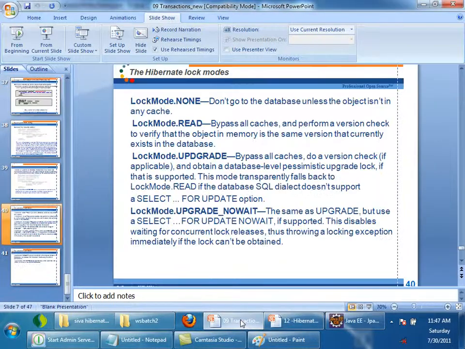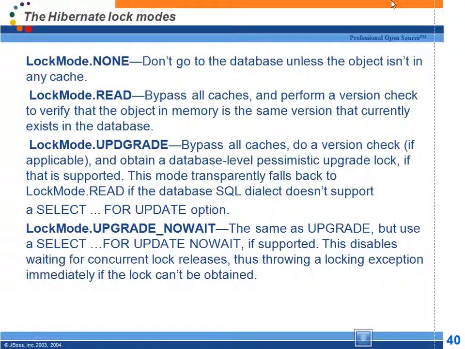Now these are the lock modes available. Lock mode none means I am getting an entity with this lock mode. Whenever I say session.get, first Hibernate will check whether that entity is already present in the first level cache. If it is not present, it will see whether it is in the second level cache, if enabled. If it is not there also, then only it will go to the database and fire the query. That is the normal scenario.